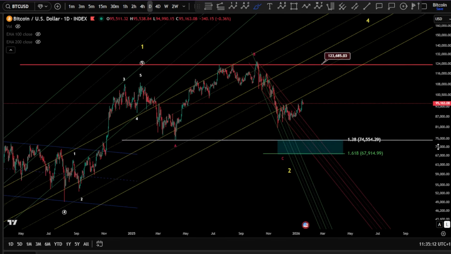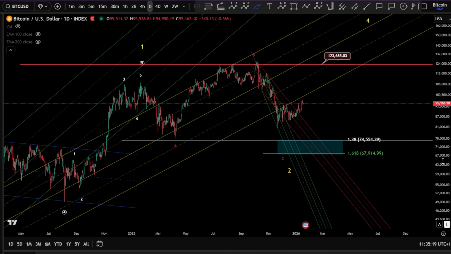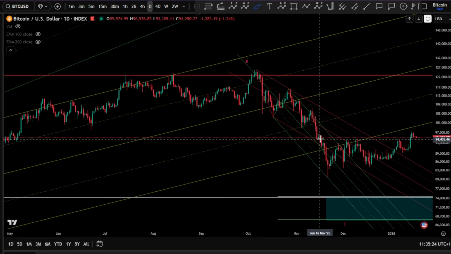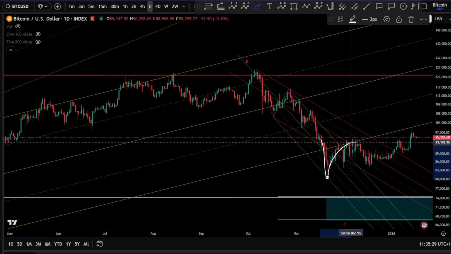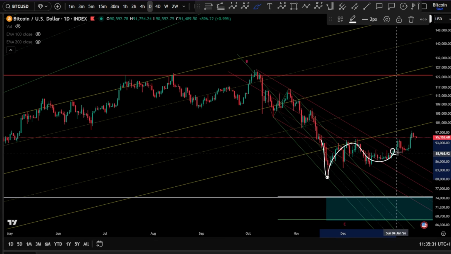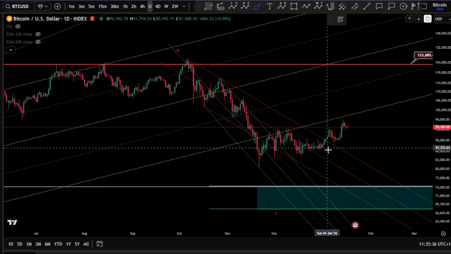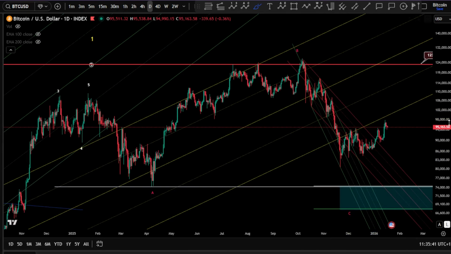Now as you can see, the other channels taken from this 1-2 here, the base channel, we saw the price exiting of course the base channel as it is supposed to for a wave 3, right? Exiting aggressively and decisively. However, the price came back to the base channel, and exiting the base channel in a wave 4 is a huge red flag again. And that means of course something is changing here in the psychology. Of course it can still be bearish and still looking toward the downside to the blue box, but in a different